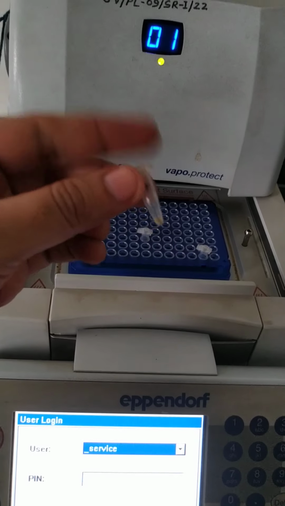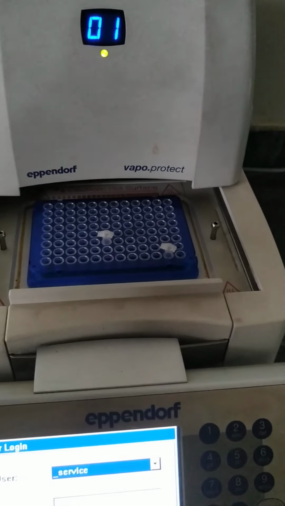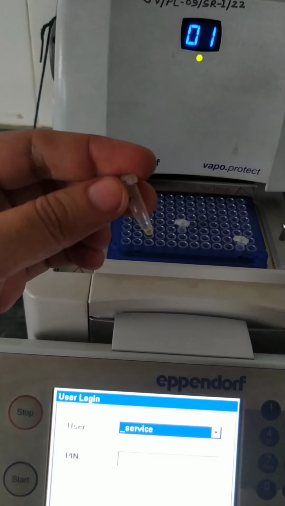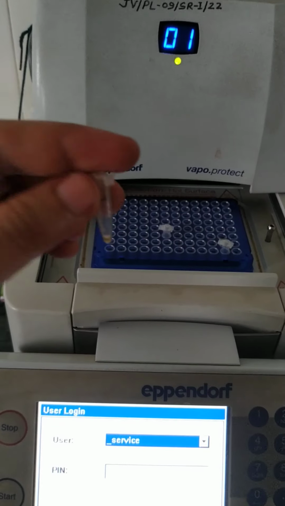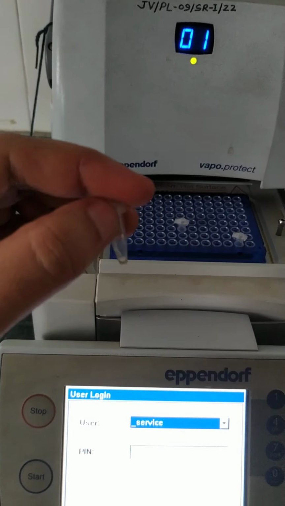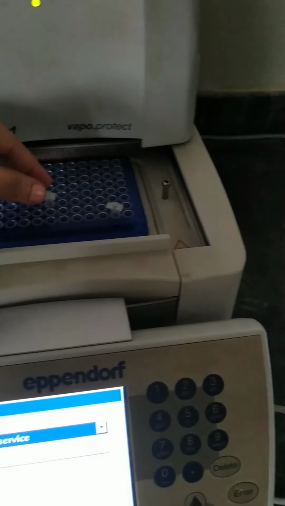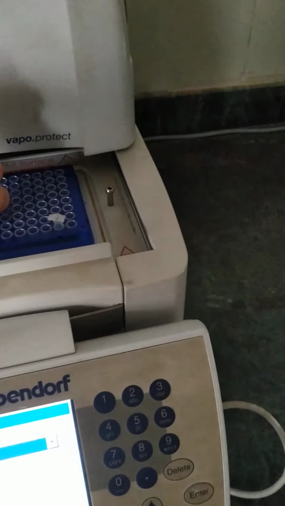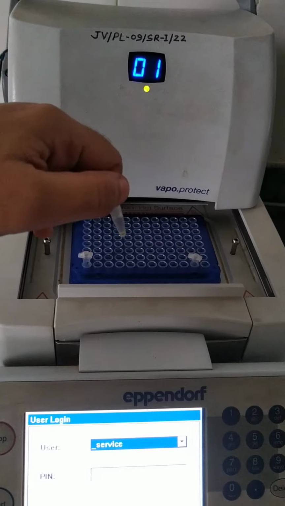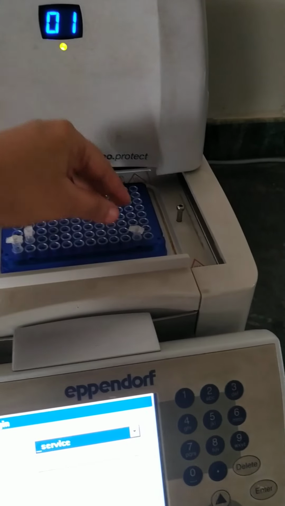This is different from Eppendorf tubes. After making all reaction mixtures, in this PCR tube we have a primer pair of melting temperature 45, so we will put it in this row, and this PCR tube has a 55 degree temperature, so we will put it in the second row.